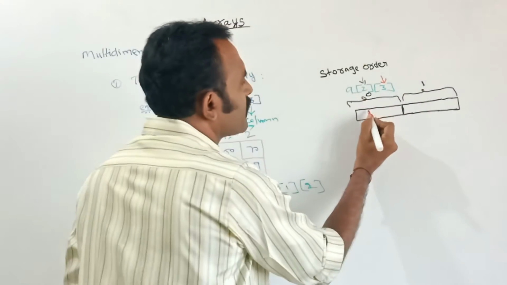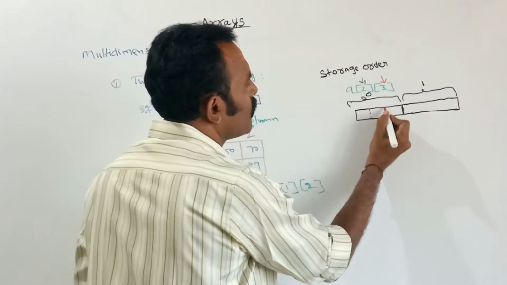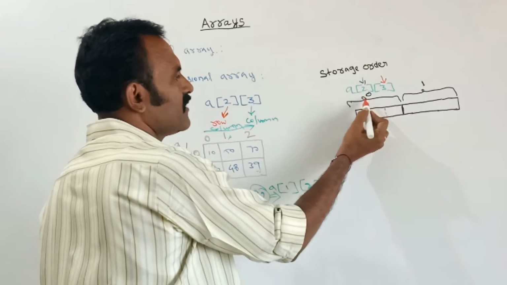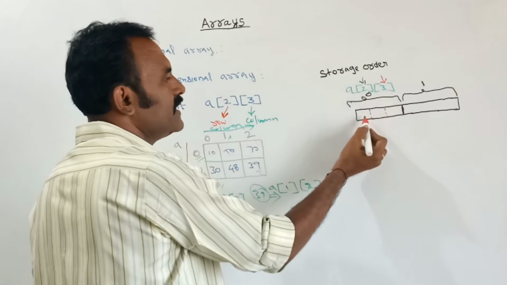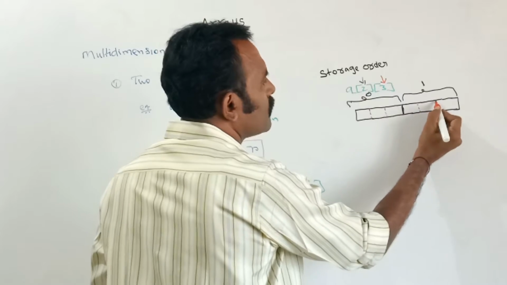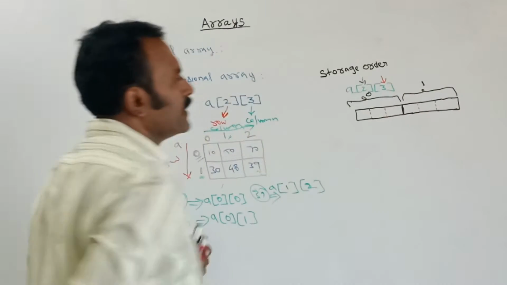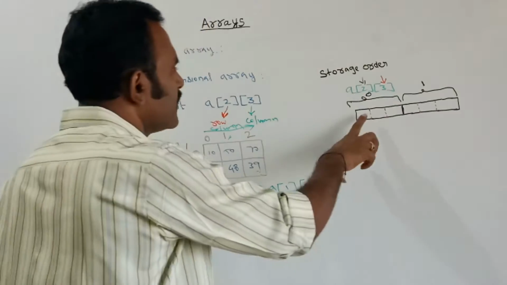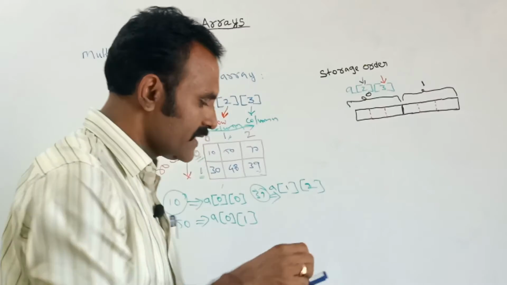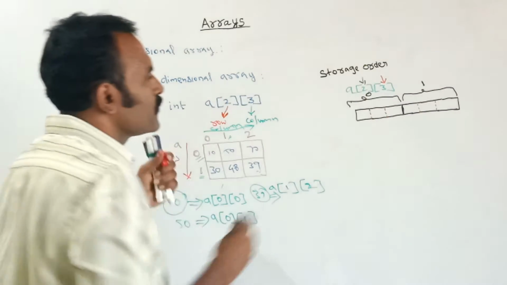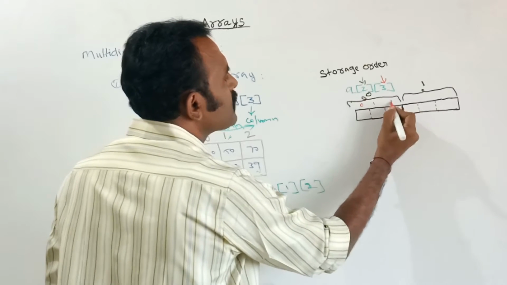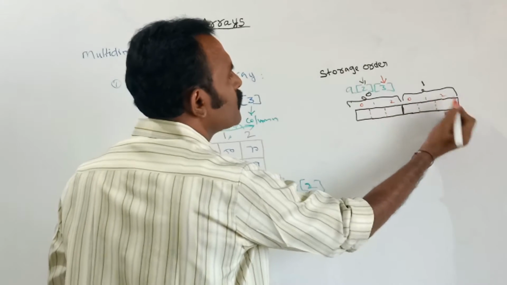See here, each and every position of the first subscript value has 3 parts. 1, 2 and 3. In the same way, inside the second subscript value also we will have positions. Here this position is the 0th position, first, second, that is 0, 1 and 2.